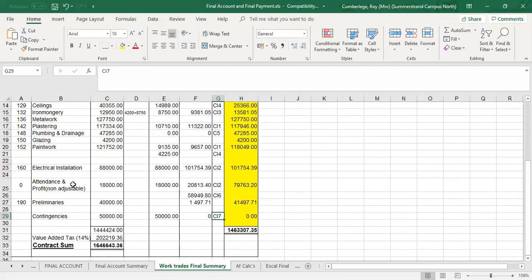If we look at the non-adjustables, because I'm going to have to work with this also in my final escalation. In the bill, there was 18,000 Rand, and if you still remember, the profit and attendance on the electrical work was 9,000 plus 9,000. That adds up to 18,000. If you go to contract instruction number 2, which is the adjustment for nominated subcontractors work, in this case electrical, we omit the 9,000 profit and attendance, adding up to 18,000 Rand, and we add